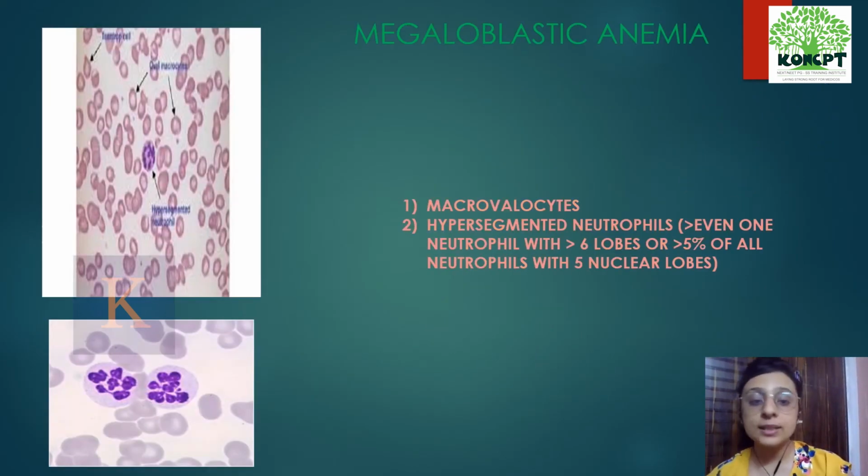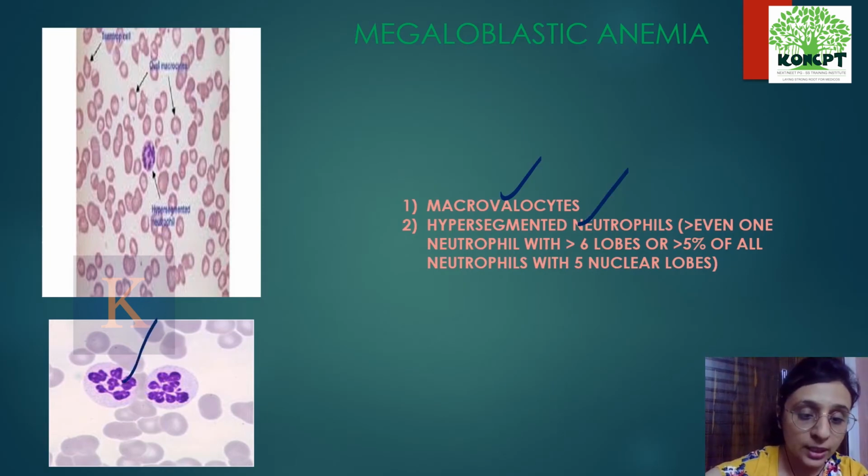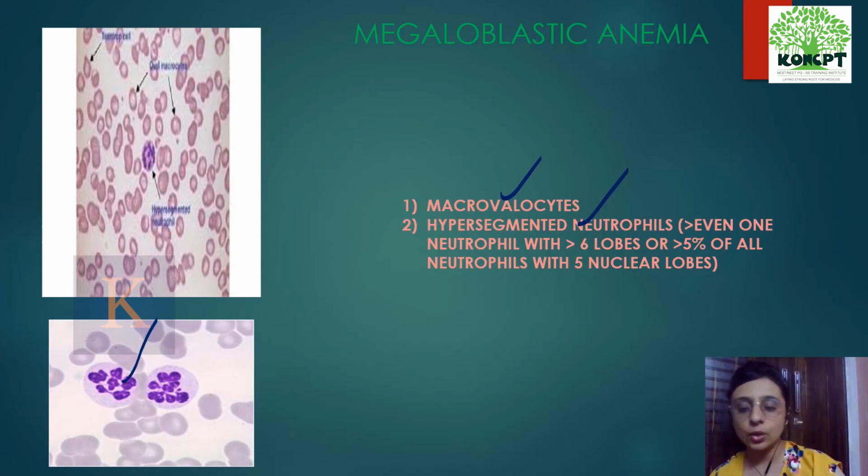Next, megaloblastic anemia, two important features you have to remember which are seen under peripheral blood film. Macrocytic RBCs I already told you. Now these macrocytic RBCs can be both oval or they can be round. But here they are macro-ovalocytes. They are macrocytic as well as their shape is oval, right? Second is hypersegmented neutrophils. Can you appreciate how many neutrophilic lobes are there? 1, 2, 3, 4, 5, 6, 7, 8. Around 8 lobes are there, right?